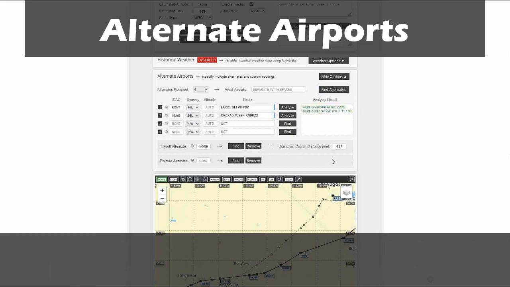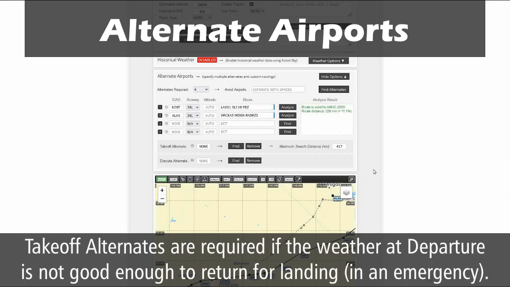We can also specify a takeoff alternate in our SimBrief flight plan. What do you need a takeoff alternate for? Well, a takeoff alternate is usually only specified when you're doing a low visibility takeoff. So if you're taking off from an airport, let's say we're taking off from JFK, and the weather is so bad that if something happened immediately after takeoff, we could not land again, then we have to specify a takeoff alternate. So if something happens like an engine failure happens right after we take off and we could not land again,